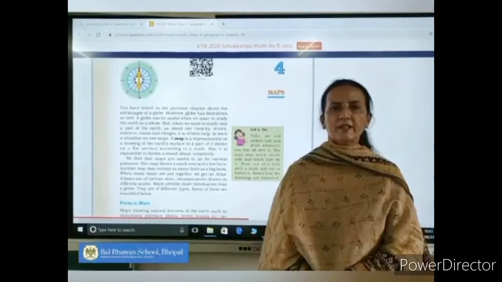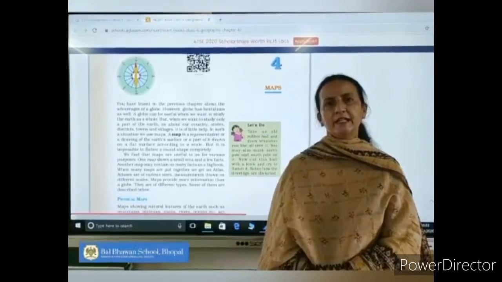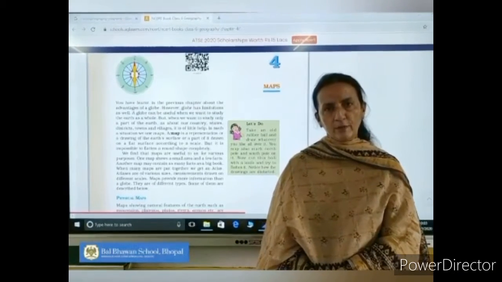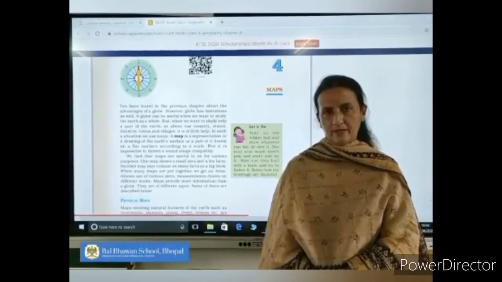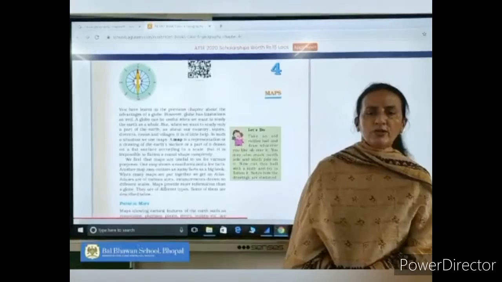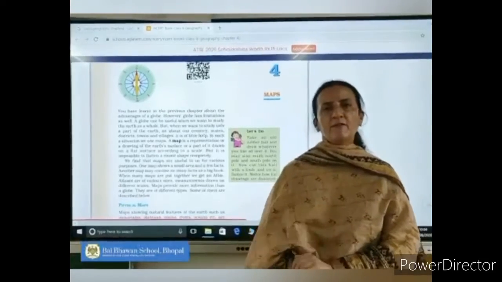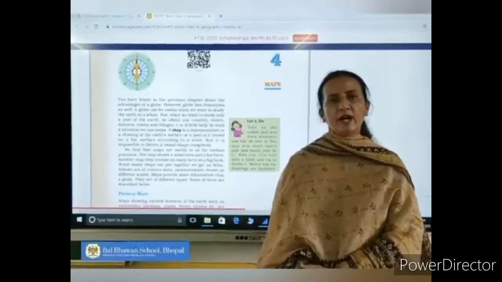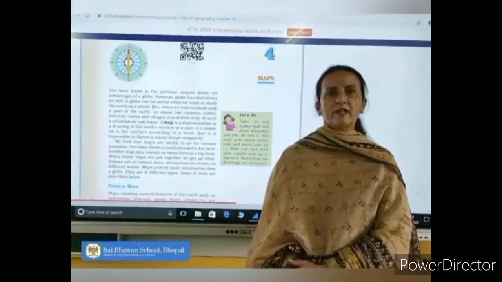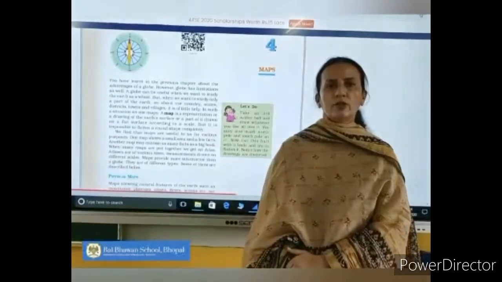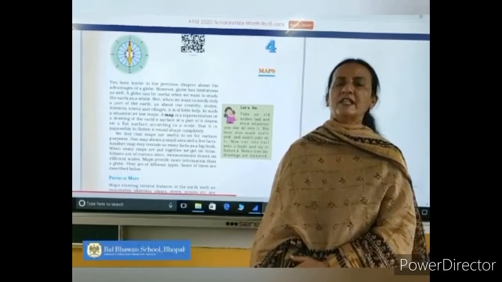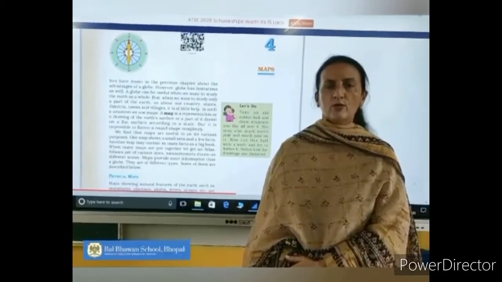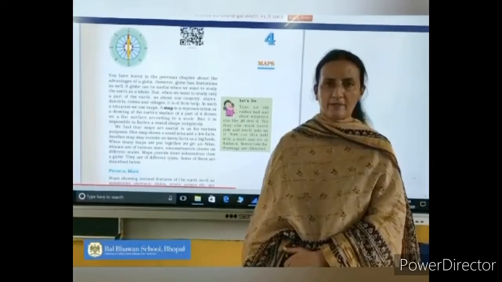Now, what is the purpose of these lines? The purpose is that it helps us in telling the location of the place as well as the distance of the place. Though we have seen that we find the names of countries and everything on the globe, there are many things which cannot be seen at a glance. So something else is required.